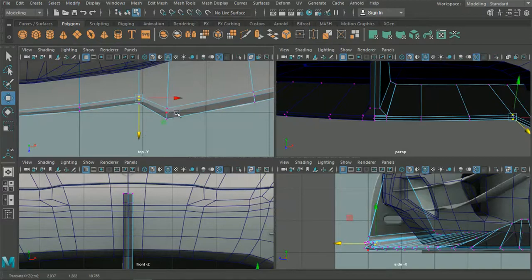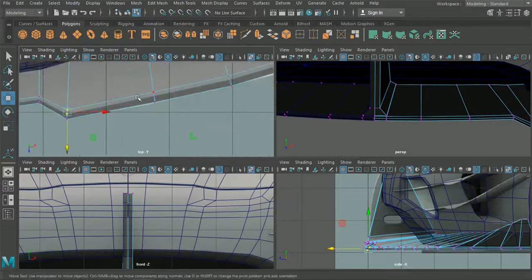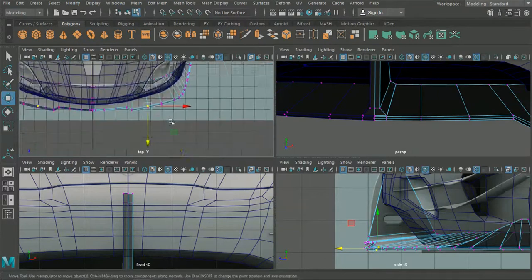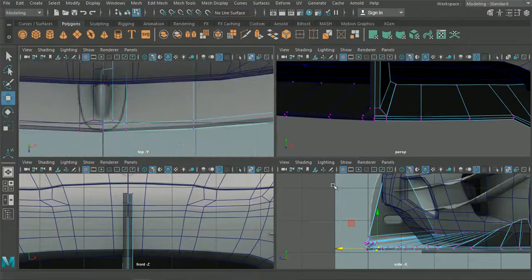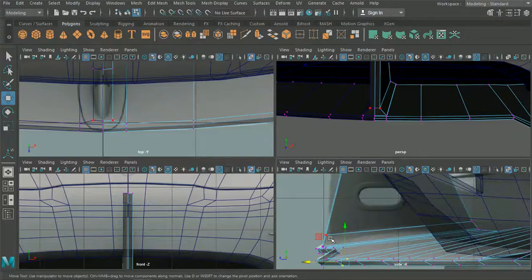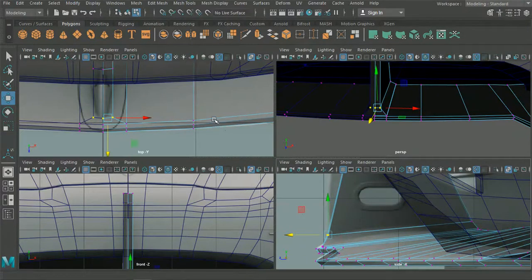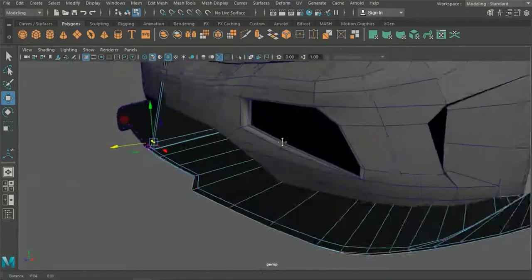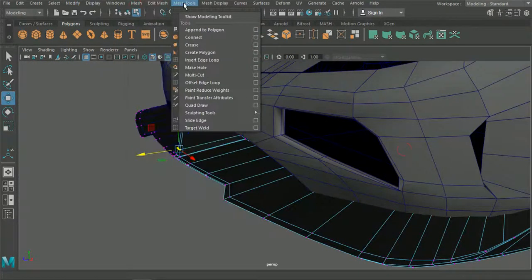So bring all of these forward just a little bit there. That should be fine. So now we can see that we're lining up quite nicely here. So it looks like it gets really thin. So I think what we'll want to do is we're going to want to insert an edge loop,